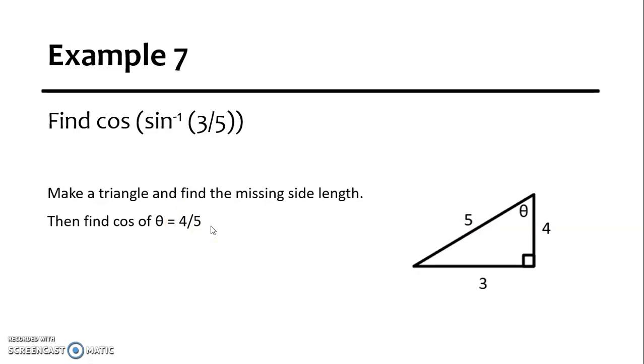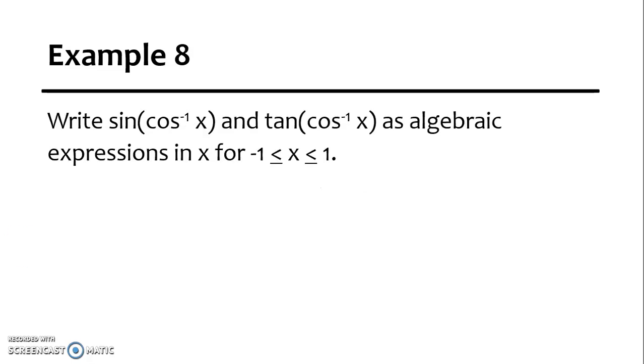Now we're going to use the same strategy in the next example, but in the next example, they're giving us variables, so we need to be really careful. Same strategy, just using variables. Let's take a look. Okay, example 8 says write sine of cosine inverse x and tangent of cosine inverse x